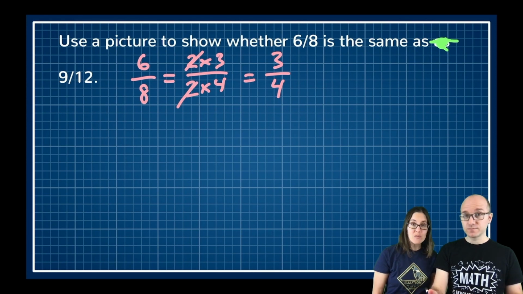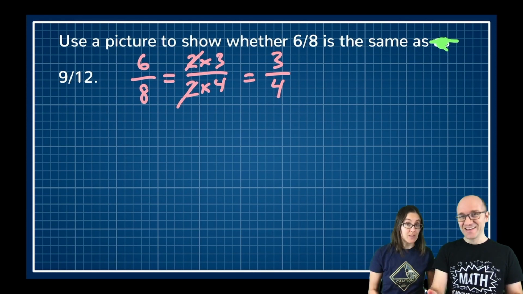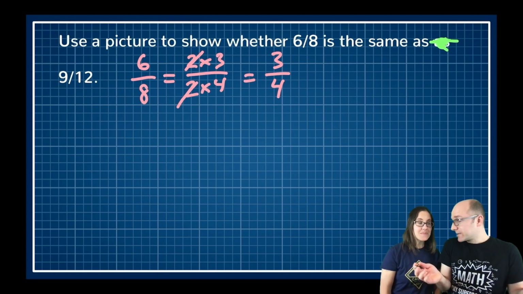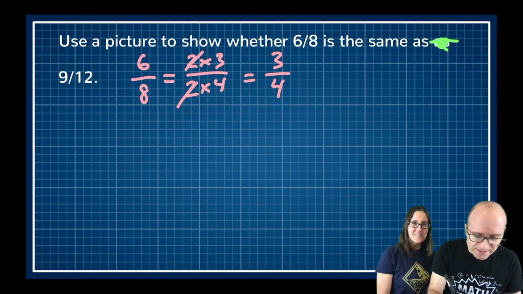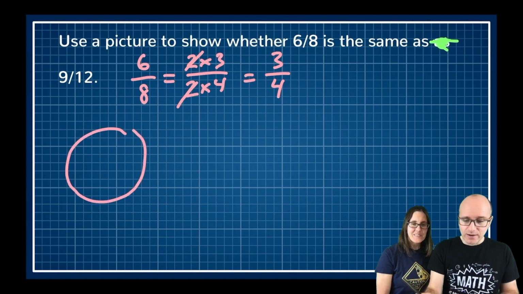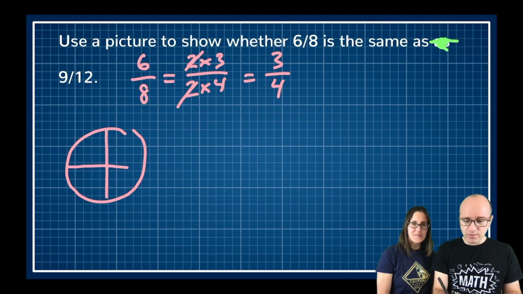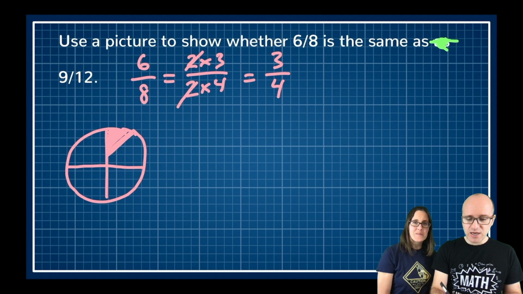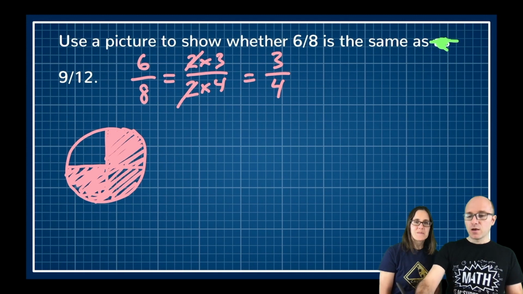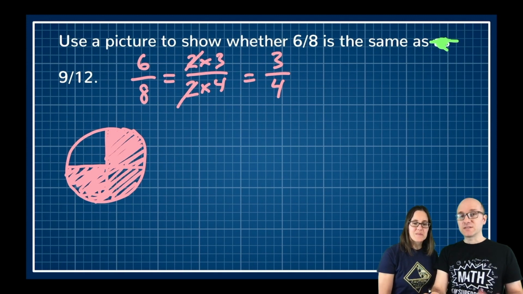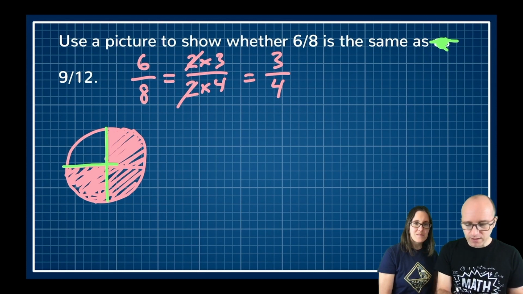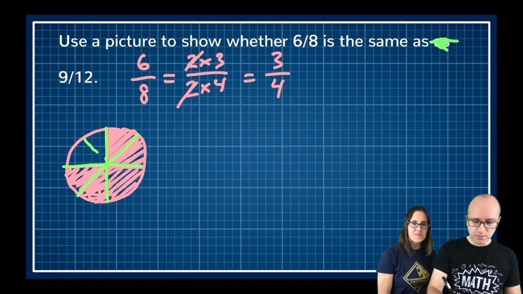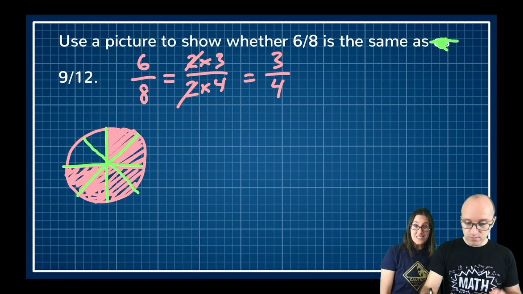And it's a lot easier to draw 3/4 than to draw 6/8 when you're drawing a pizza. There are other shapes, and they work well, like a square. But like we said, I'm hungry, so pizza it is. All right, so 3/4. So we might think, all right, I'm going to end up shading 1/4, 2/4, and 3/4. All right, but then I'm going to subdivide this shape into 6/8. So real quick, if I cut it into 8ths, boom. That works. There are 6 out of the 8 shaded.